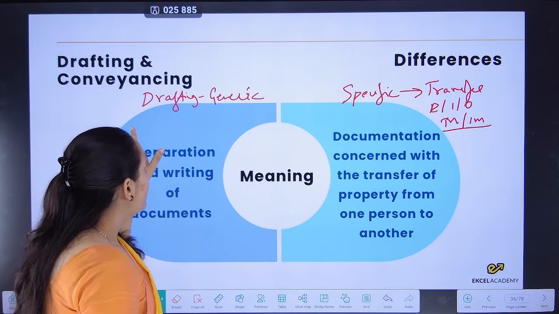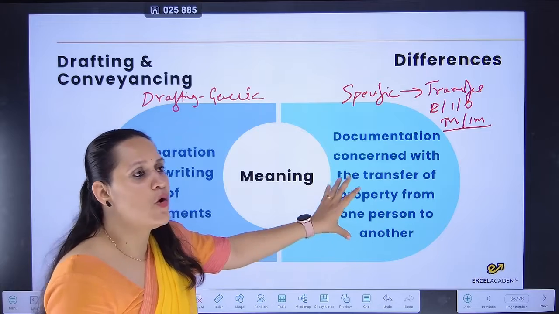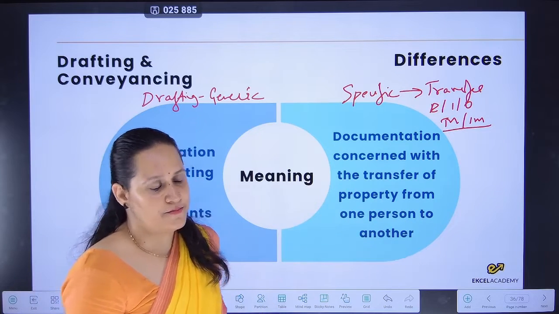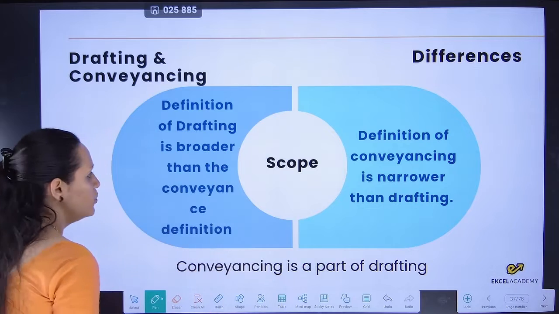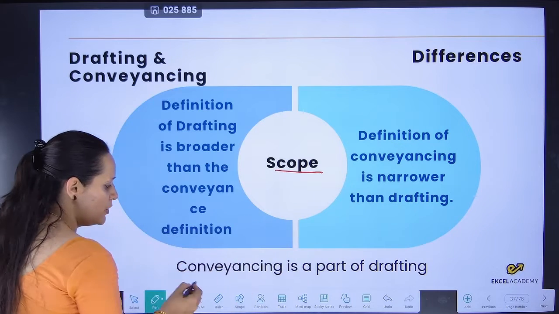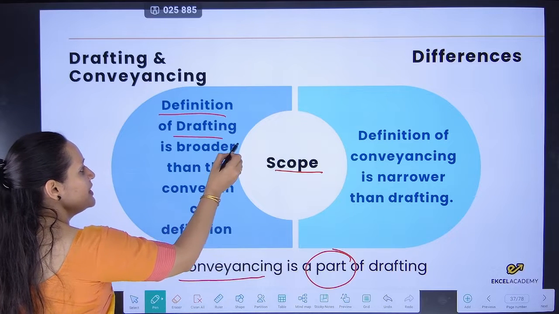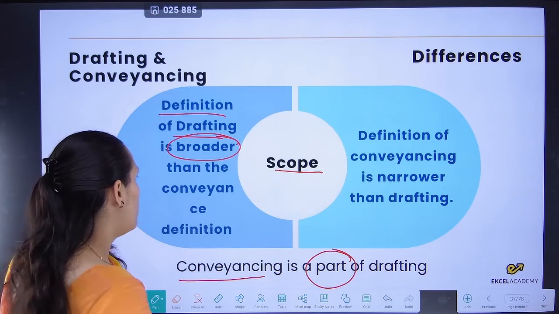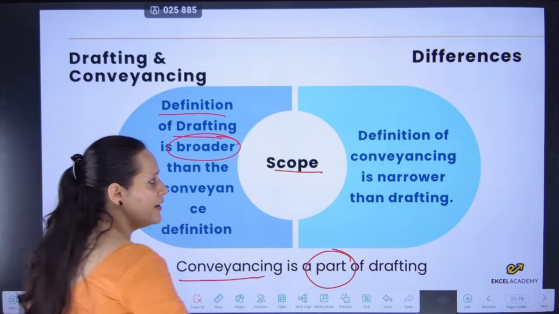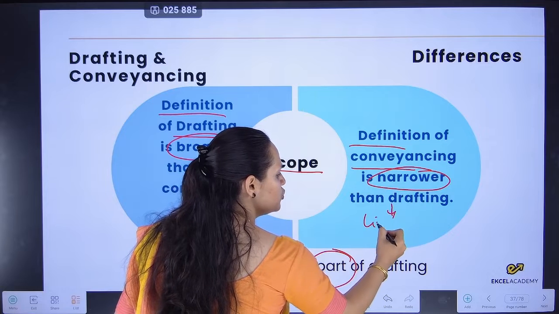So what can you imply? That conveyancing is also a part of drafting. Next, what is the scope? Like I told you, conveyancing is a part of drafting. The definition of drafting is very broad. Drafting is very, very broad than conveyancing, whereas the definition of conveyancing is very narrow because it is limited to